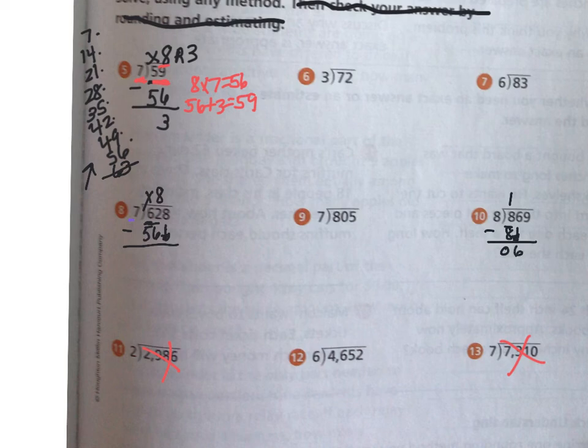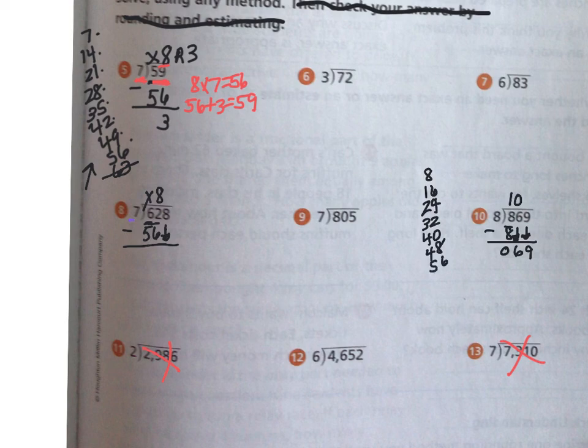Does 8 go into 6? It does not, but I need to mark that spot with a 0. Then I can bring down my next number, 9. Oh, how many times does 8 go into 69? I'm going to start with my count bys. 16, 24, 32, 40. Gotta keep going. 48,